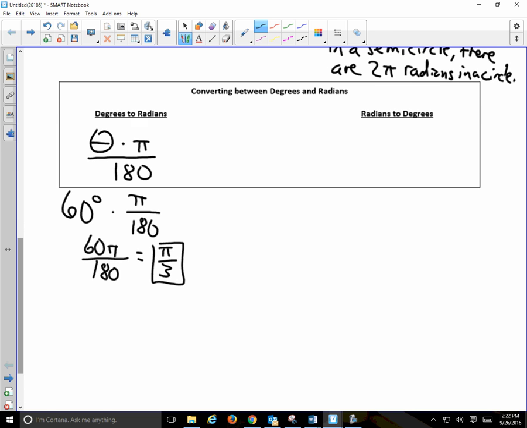Suppose we want to go the other way. We want to convert from radians to degrees. I take theta and I multiply it by 180 and then divide it by pi. Let's try an example. Suppose you want to take 3 pi over 2 radians